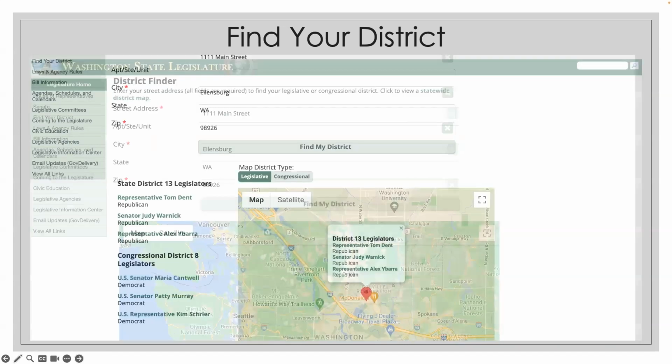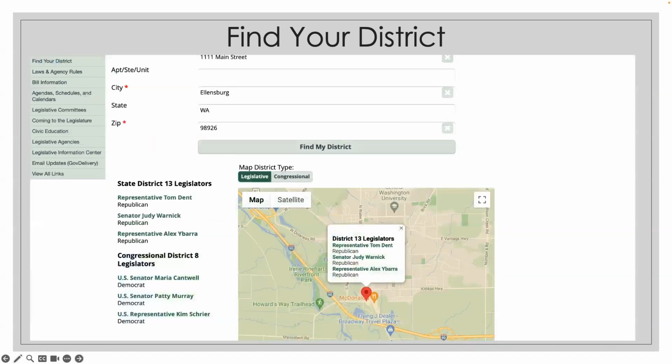Click that button and it will pop up a screen like this, and it will show you the various state District 13 legislators, as well as the congressional legislators. So the 2 U.S. senators, as well as the U.S. representative. And so from here, one very valuable tool, you know who your representatives are, who your senators are, and you're able to access that information. Each of those names, again, are hyperlinks. So if you were to click on Representative Tom Dent as an example and click on that name,